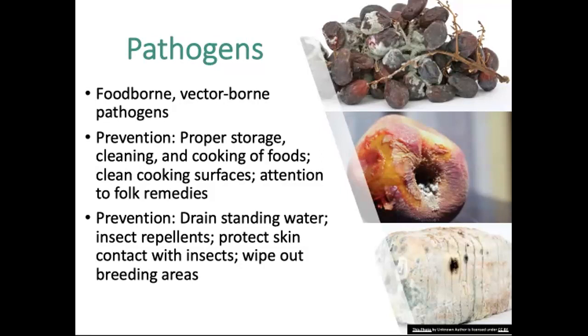We can have vector-borne pathogens, so organisms that transmit bacteria, viruses, and protozoa from one host to another. This could be mosquitoes, insects, rodents, birds, and other animals. And then we have waterborne pathogens. People who live in substandard housing might not have safe drinking water. They might not have hot water to wash their dishes correctly, or they might have inadequate methods of disposing of their waste. People in rural areas depend on private wells, which can also become contaminated with things like E. coli,